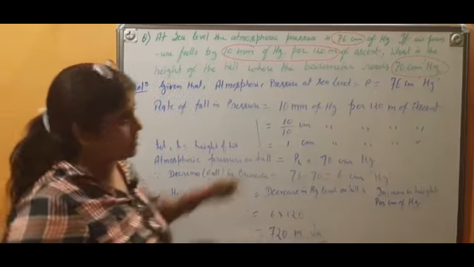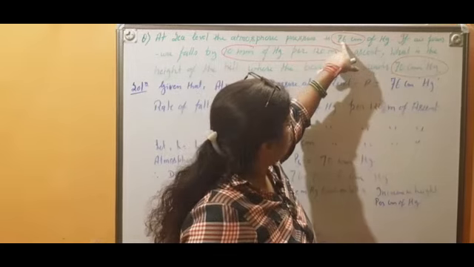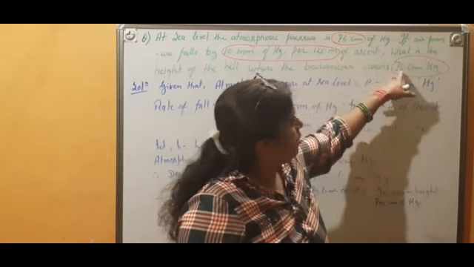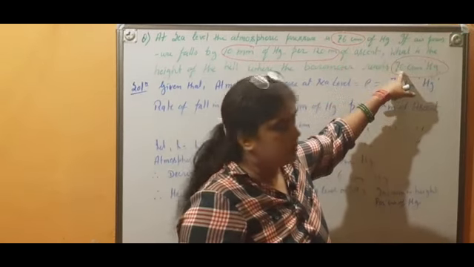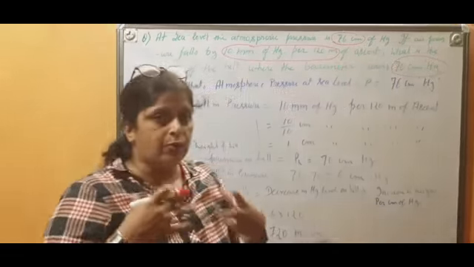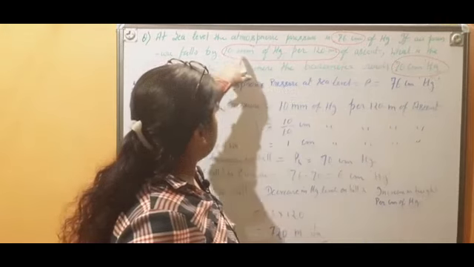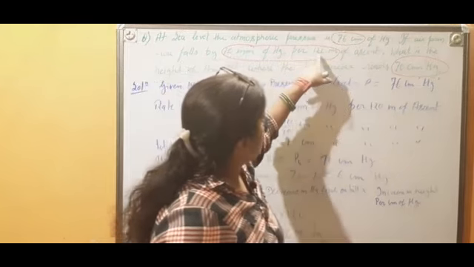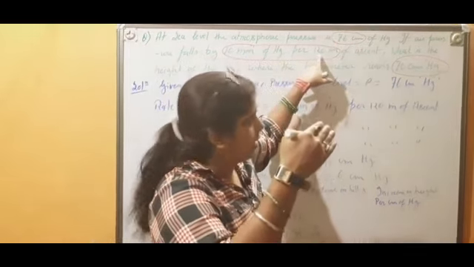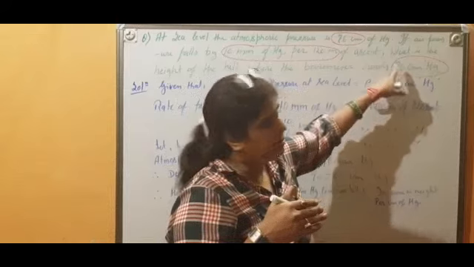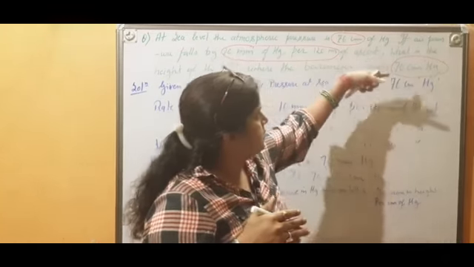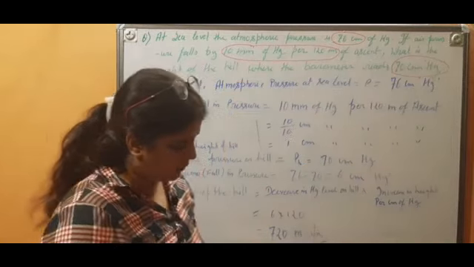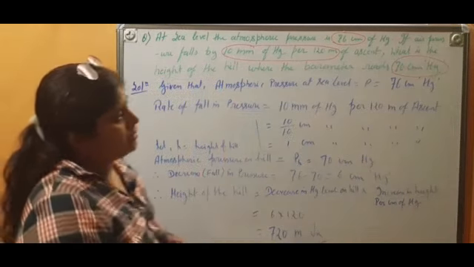Okay, try to understand. At sea level, atmospheric pressure is 76 centimeter. On the hill it is 70 centimeter. So there is fall of 6 centimeter. Even verbally you may calculate that for 1 centimeter, because 10 millimeter means what? 1 centimeter. For 1 centimeter fall is for 120 meter height. So 6 centimeter fall means what? 120 into 6, that is 720. It means height of the hill is 720 meter. So how you will show this calculation? Let's see.